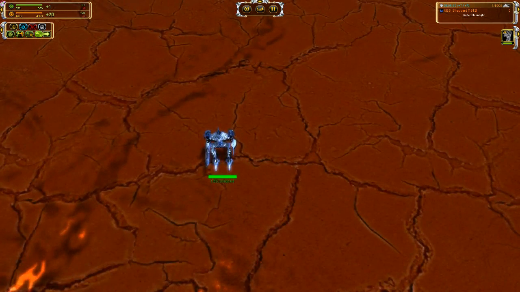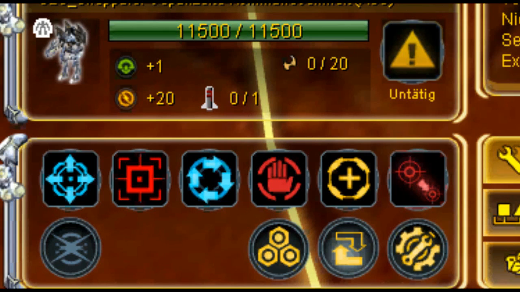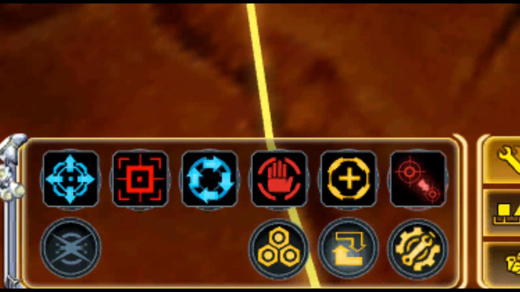Overcharge is a commander ability, only a commander has it, and the Seraphim support ACU can also upgrade it, but we will talk about this later. So if you want to use Overcharge, you see this button in the very left hand corner,